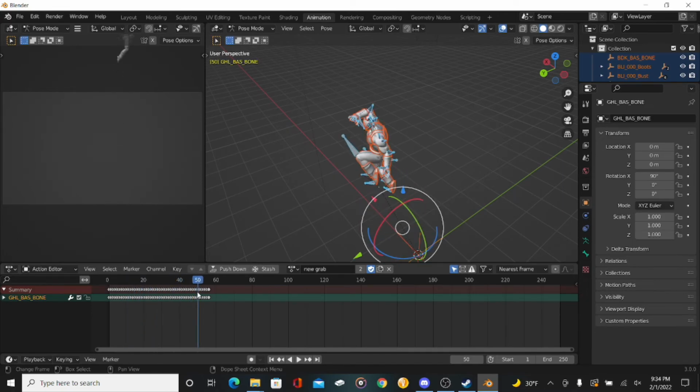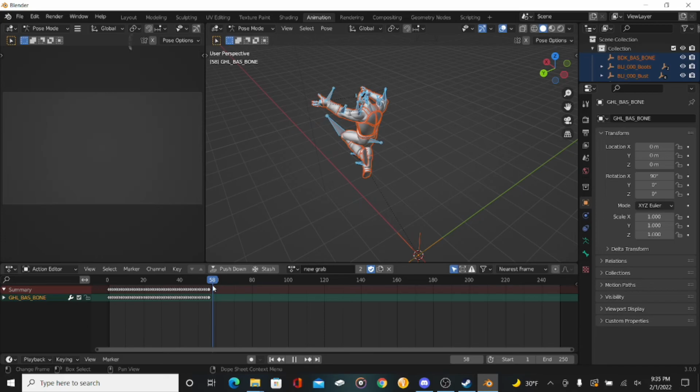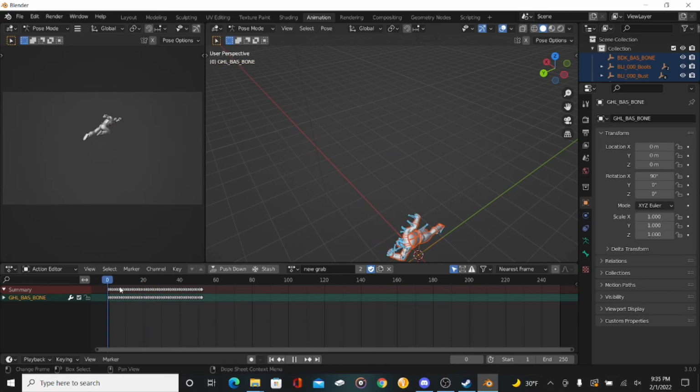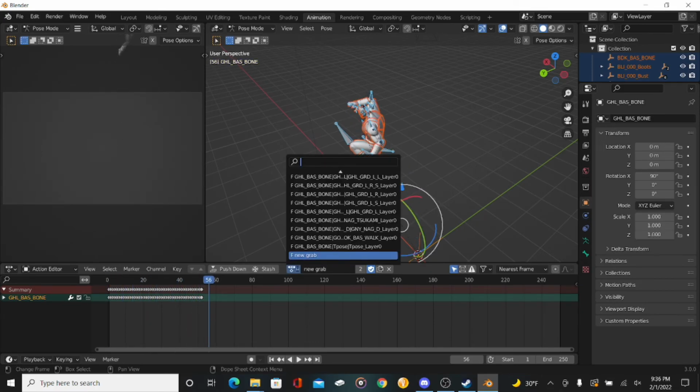If you want, you can delete all the keyframes that are in there and keep them in that pose, or you can keep the current keyframes and then just change a certain amount. And then you basically want to rename that current pose to a new pose, and instead of replacing that pose, it will make a new animation. Like I named it New Grab, but I can always go back to the original, and I can just keep going back and forth between the two.